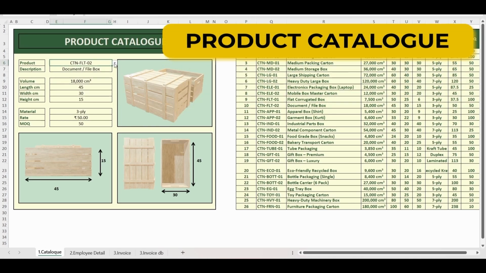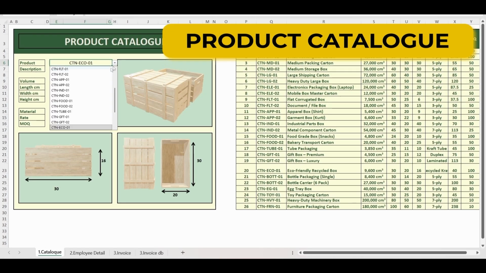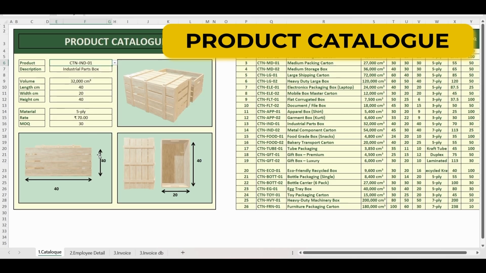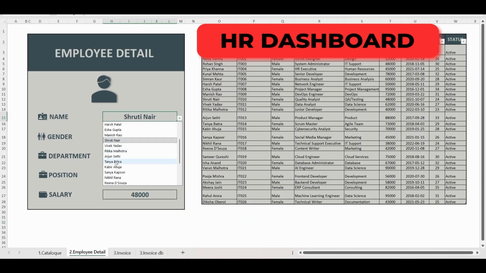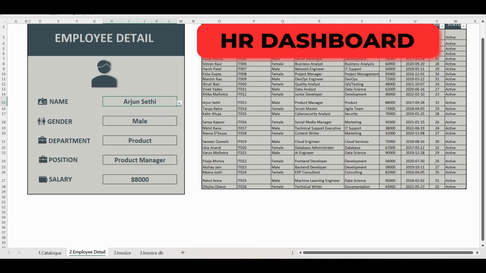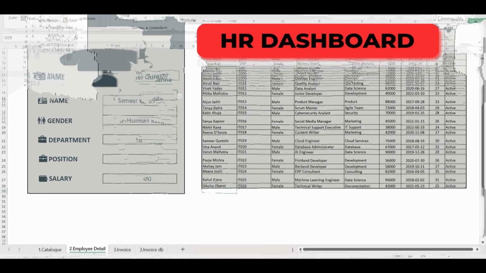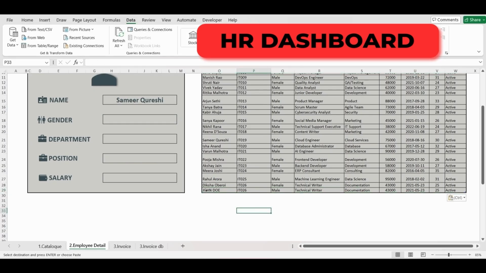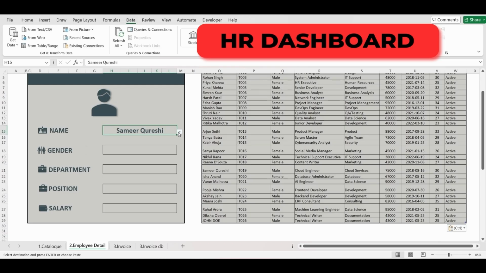Are you still manually hunting through spreadsheets to find a single piece of data? You are losing hours to a task that should take seconds. Most people think VLOOKUP is just a basic search tool, but in a professional setting, it's actually the engine for a full scale automation. Today, we aren't just practicing a formula, we are building three professional systems to transform your